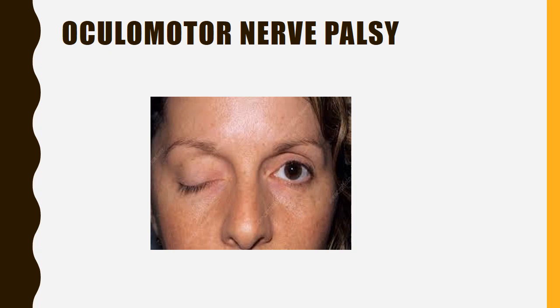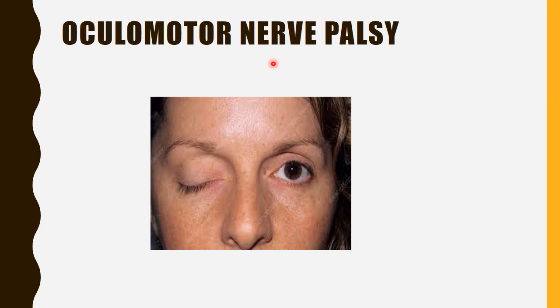Now, this is the injury of the oculomotor nerve, or the oculomotor nerve palsy, showing you the drooping of the upper eyelid. This drooping of the upper eyelid is due to the paralysis of the levator palpebrae superioris muscle and the unopposed action of the orbicularis oculi. And this drooping of the upper eyelid is called ptosis. So other